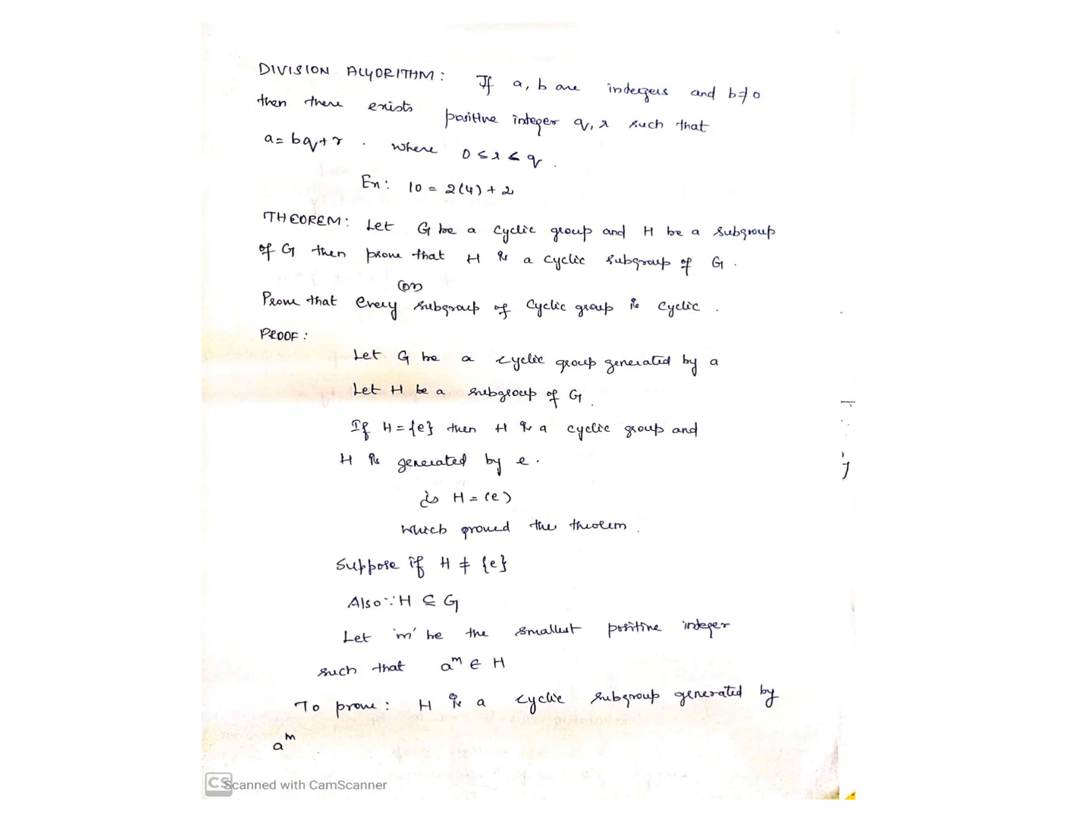Suppose H is not equal to {e}, also H is a subset of G, let m be the smallest positive integer such that a power m is an element in H. We need to prove that H is a cyclic subgroup generated by a power m. Let a power s be an element in H. By applying the division algorithm, if we consider s and m integers and m not equal to 0, then there exist